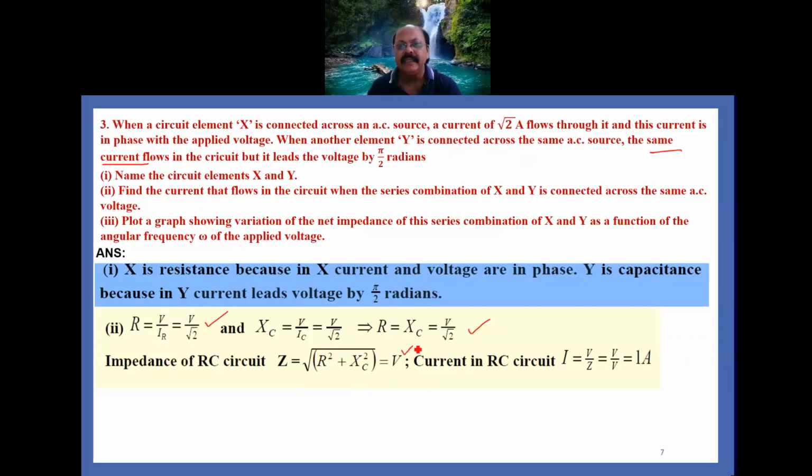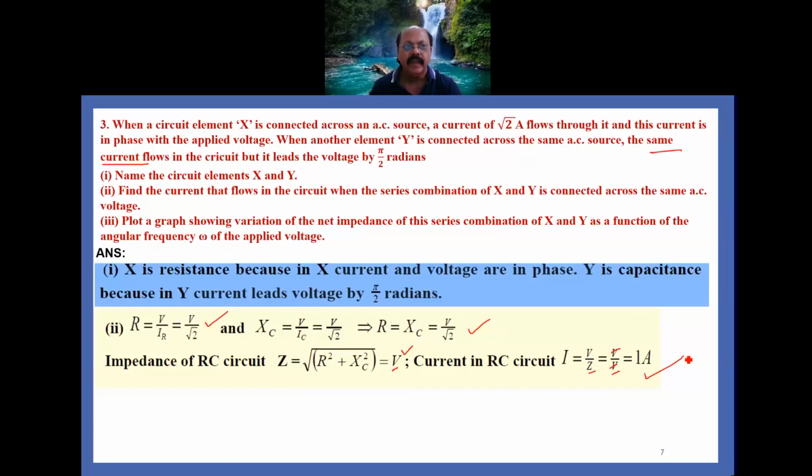So current in the RC circuit is I equal to V upon Z, and Z is equal to V. So when you substitute V in place of Z, V and V get cancelled, and then you will get the current as 1 ampere. So the current is 1 ampere when X and Y are connected in series to the same source of